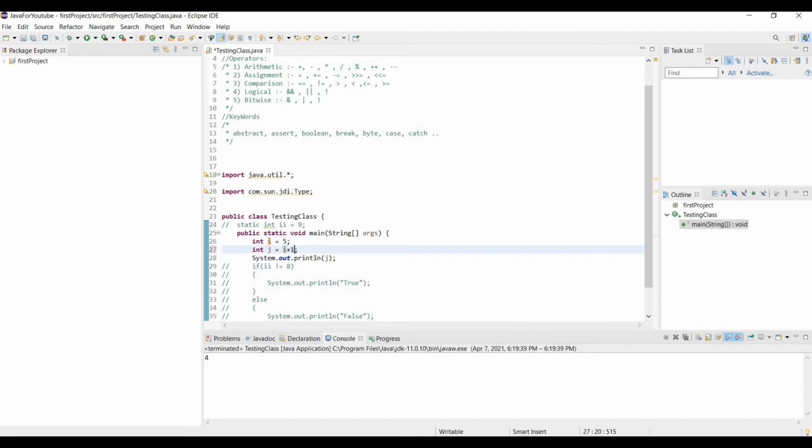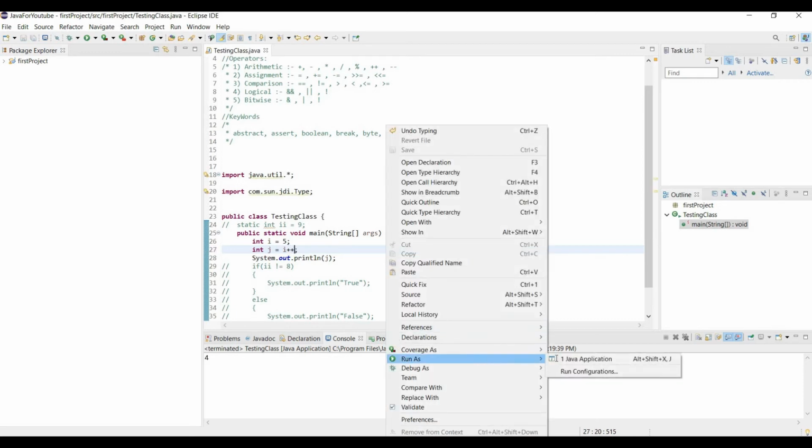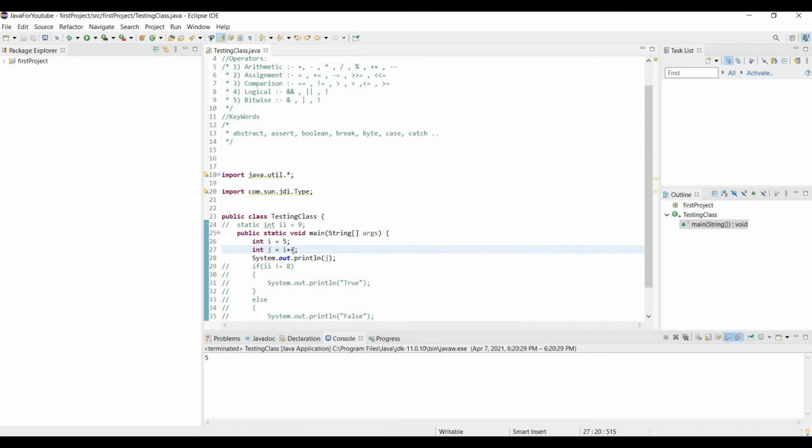This one and this one, it's same. Okay, as we know that 5 plus 1, 6 was there when we run the program, but now if we use plus plus, it will print the same. Okay, this plus plus is, first it will print this I, and again, if we print this I, it will increment that previous value.